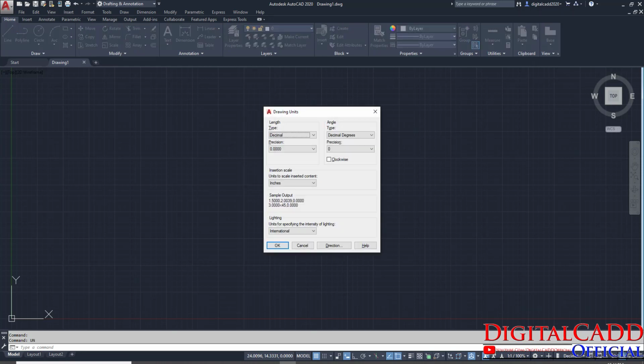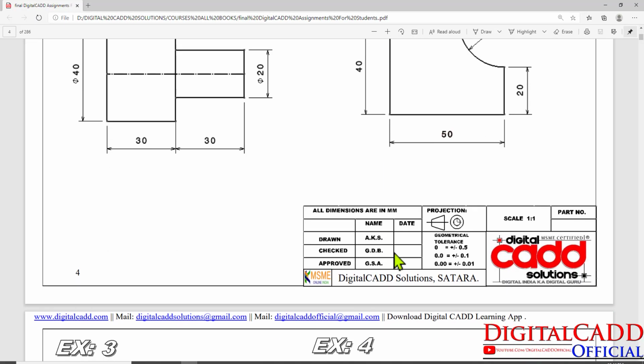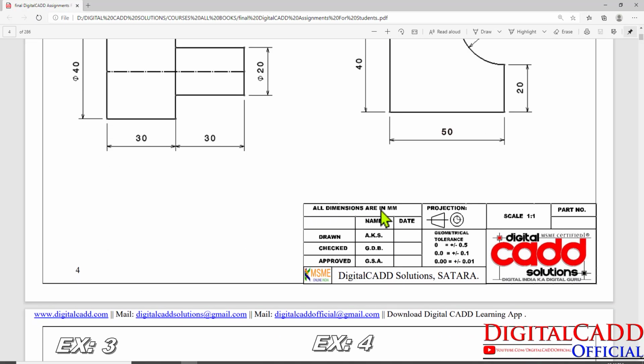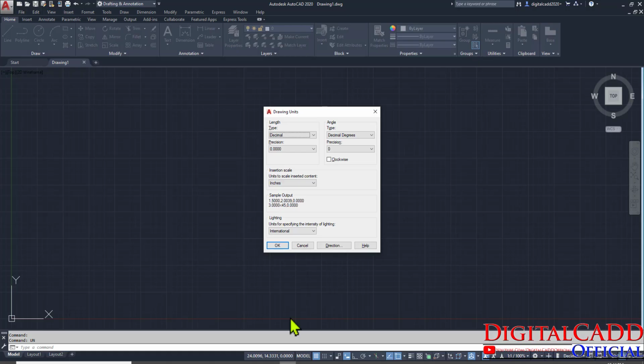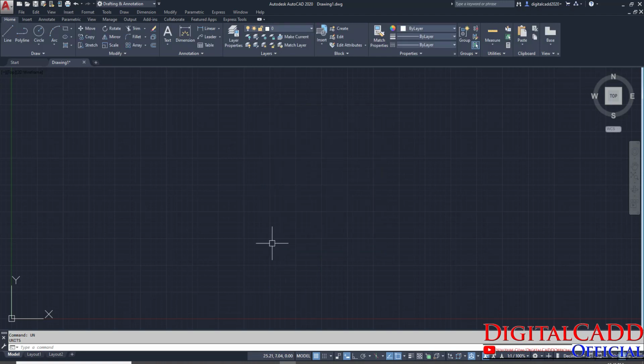Just UN enter, because we are going to work with mm. Here we have all dimensions in mm, so that's why we have to set the units in mm. Okay, so UN and enter and go to decimal, and precision must be 0.00 or maybe 0 according to your requirement, and here we have millimeters, and then OK.